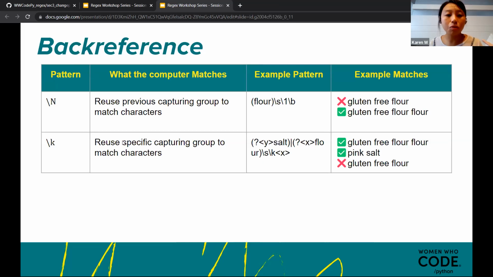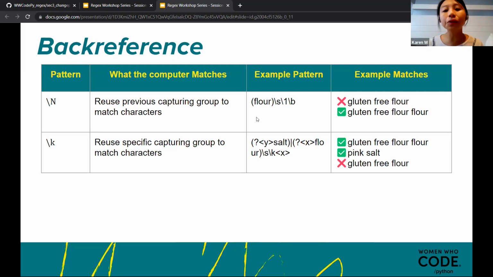Another way to do backreferencing is a little bit more like programming. You can actually declare something like a variable that you can call. For example, if you have multiple patterns, or you are a very organized person and don't want to use 1, 2, 3, you can declare the pattern you want to use.